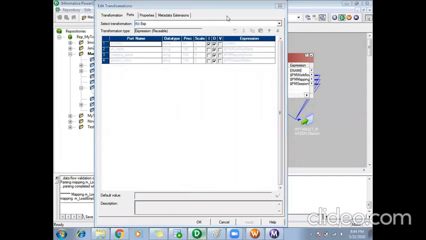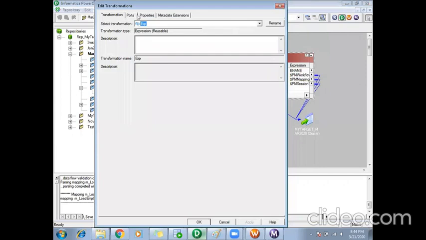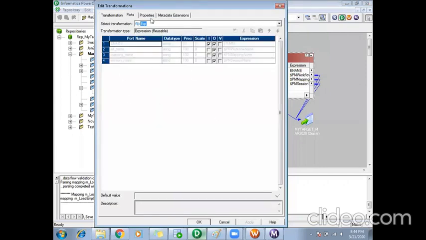That means I cannot edit reusable transformations at the mapping level, because since it's reusable, it can be used by many mappings. So I can't change it in any specific mapping. Once converted into reusable, they can't be edited at the mapping level.